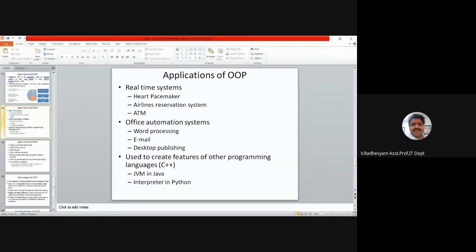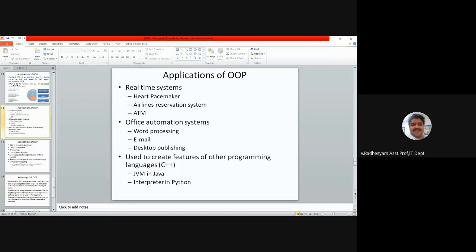Inside functional programming, we can write with object-oriented programs. And now I am explaining things using a PowerPoint presentation, and we can write a curriculum vitae and different things.